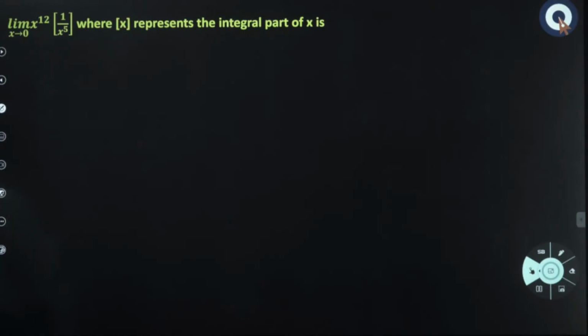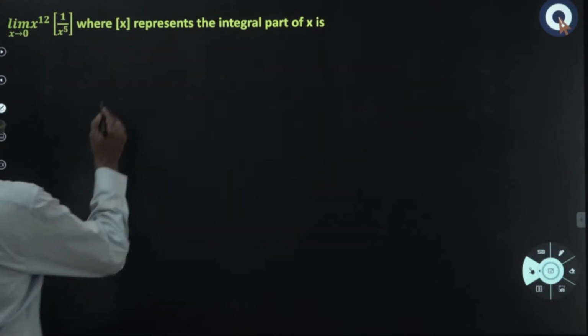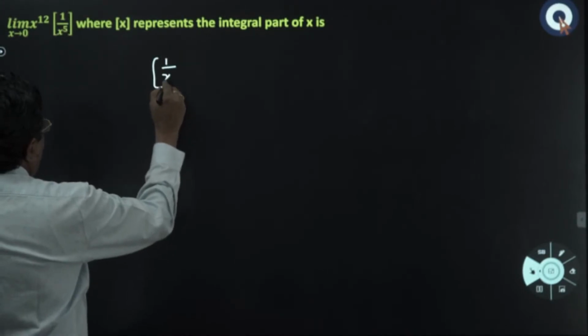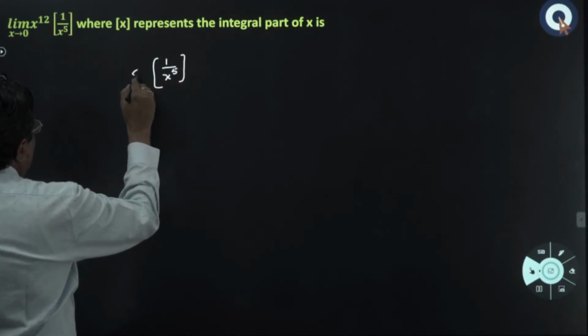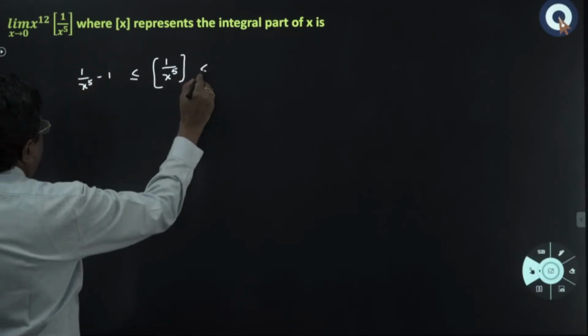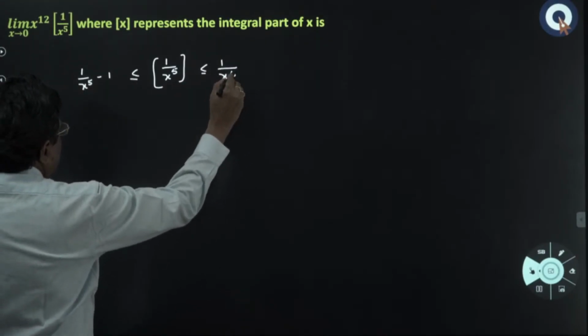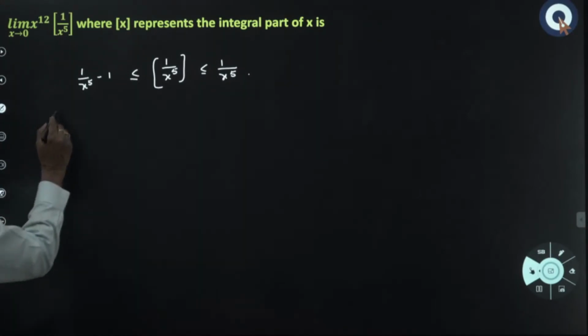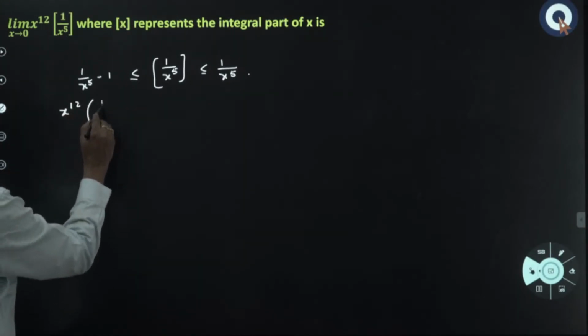We have this problem, limit of x power 12 into step of 1 by x power 5 as x tends to 0. So for this, we will use the sandwich theorem. Step of 1 by x power 5 lies between 1 by x power 5 minus 1 and 1 by x power 5. So this is how you write it, and if you multiply throughout with x power 12, we get